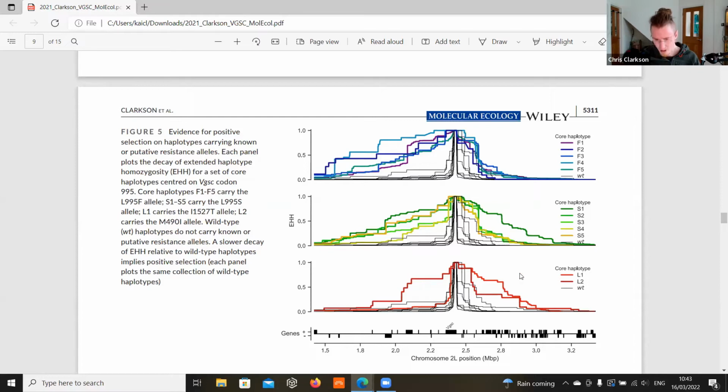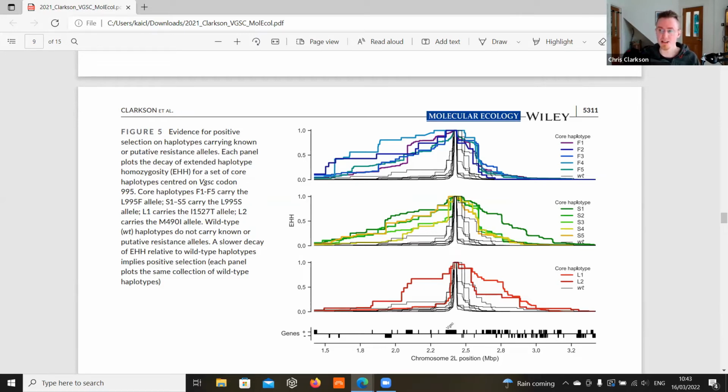So that's this L1. Yes, this is why. Although we've got this nice extended haplotype homozygosity of this 402 plus 1527 haplotype group on this side of the gene, it breaks down very quickly on the centromere side. Now, I know I just said you don't expect very much recombination to happen on the centromeric side, but something has happened here that's caused this breakdown very quickly, and there's almost no extended haplotype homozygosity on that side of